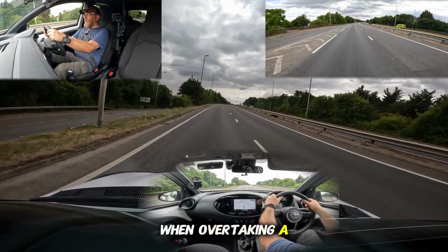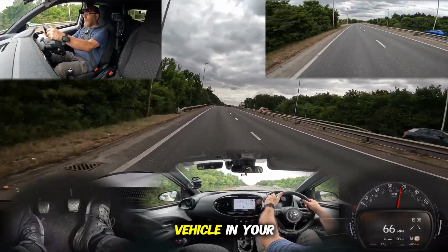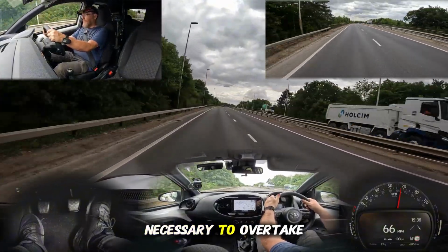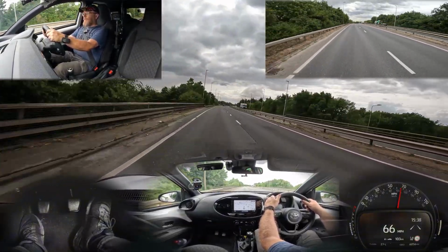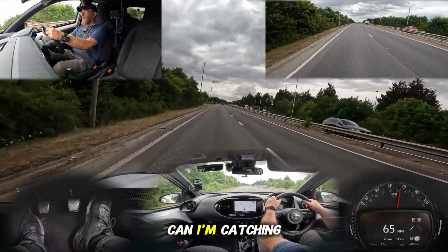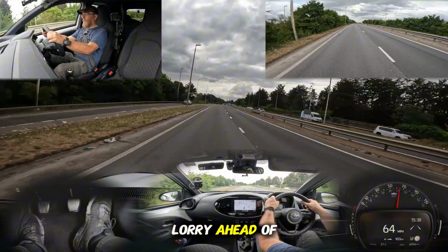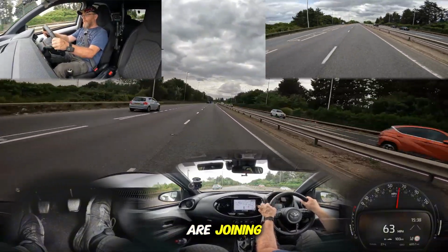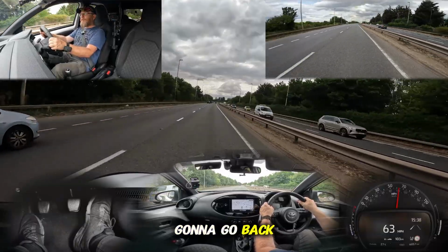When overtaking a slower moving vehicle in your lane, first of all decide, is it necessary to overtake? Let's say in a situation like this, I see I'm catching up on that lorry ahead of me. I have to switch lanes now because the cars are joining, but then I'm gonna go back to the left lane,